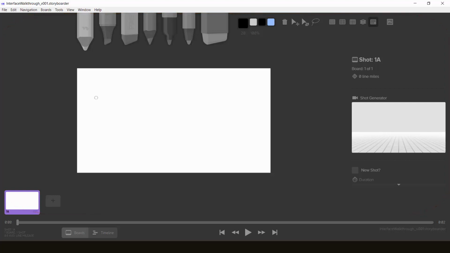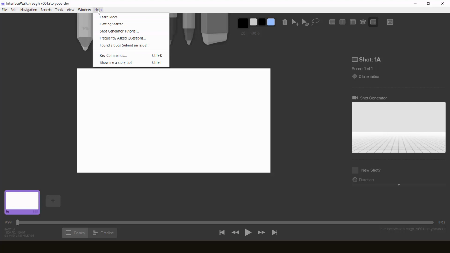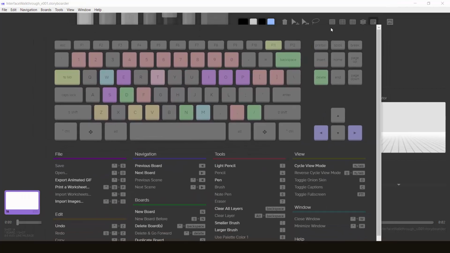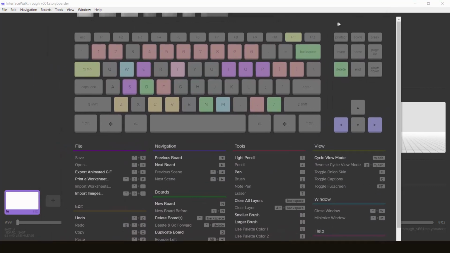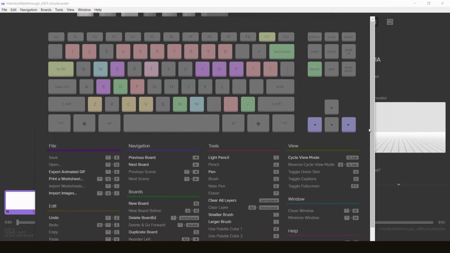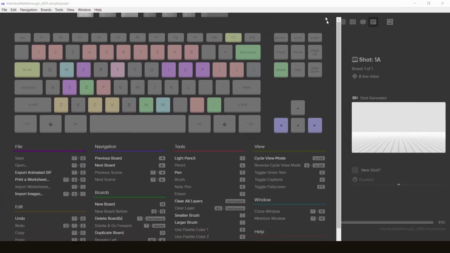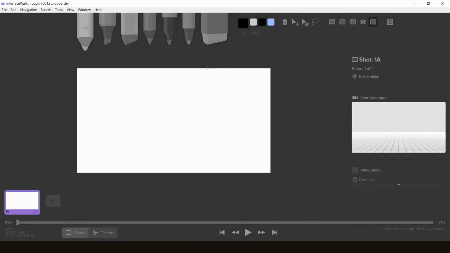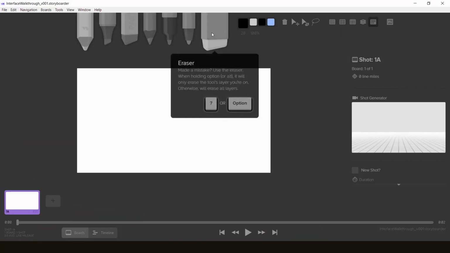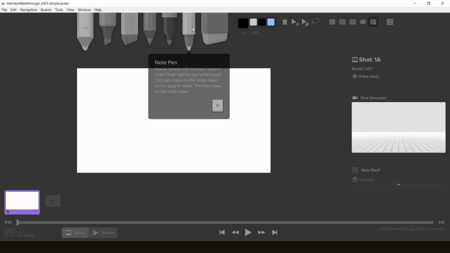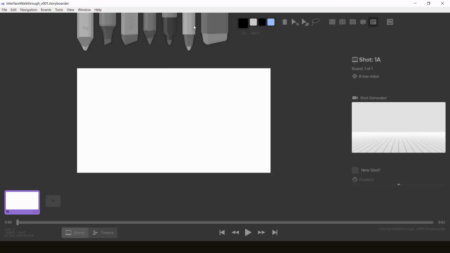Now, another useful thing about the top bar is, for example, looking for the hotkeys. Over here, as you can see, this is my hotkeys. It shows you conveniently, although not conveniently if it blocks your screen, all the hotkeys you can use. And of course, you can also find these by simply hovering over the icons in the main interface over here. For example, I hover over this for a while, eraser, and it shows you the hotkeys, number 6 for the